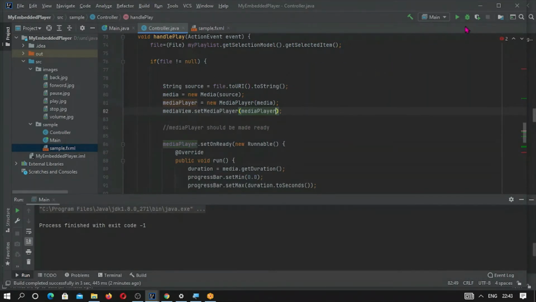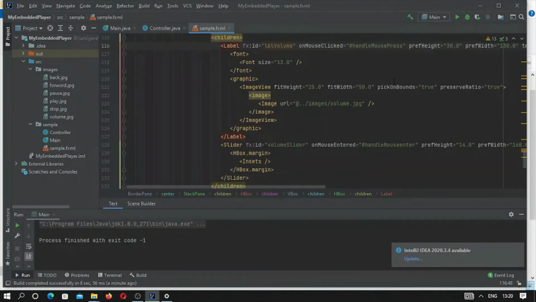Now let me run again. We have made the required modification, and I'm sure this time it should play the video without any problem. So let's run again.